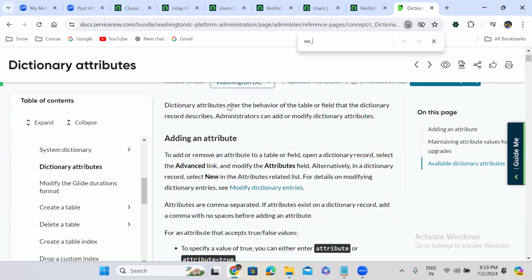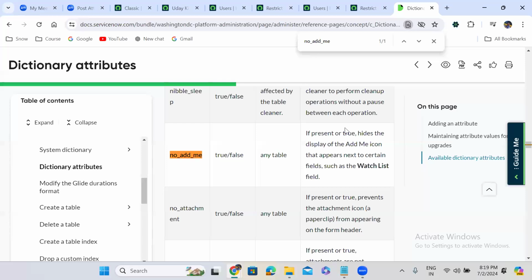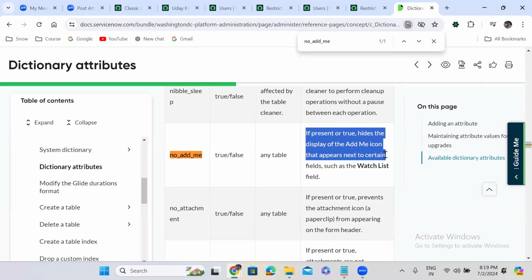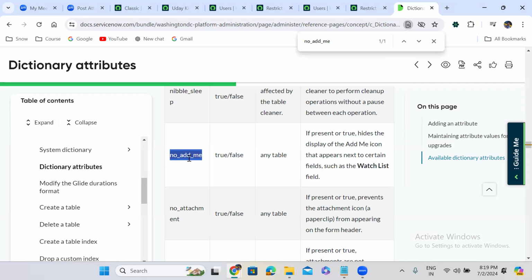there is an attribute called no add me. So if present or true, it hides the display of the add me icon that appears next to certain fields such as the watch list field. So if you use this attribute,